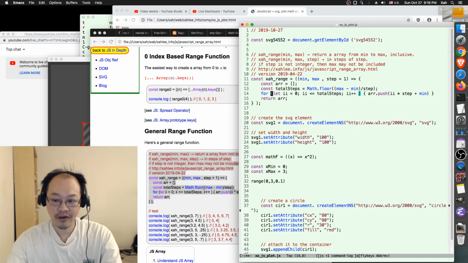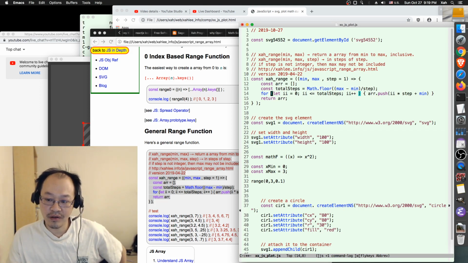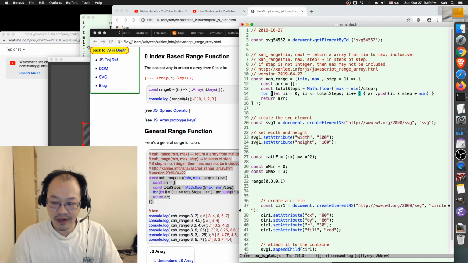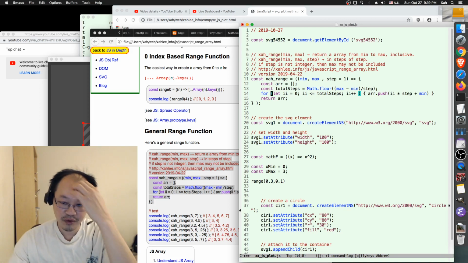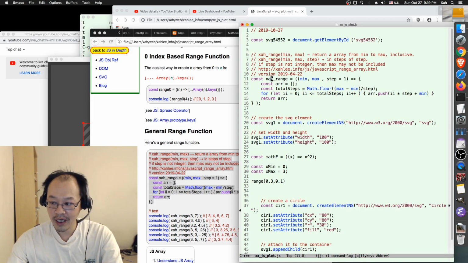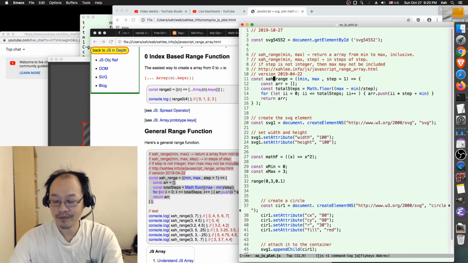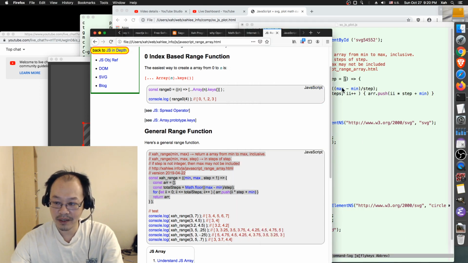Because typically for a functional programmer, or those of you who prefer functional programming, you don't like to use for loops. But in JavaScript, you have no choice. Even though JavaScript supports functional programming, the most efficient way to generate an array is simply a for loop. It's faster than forEach or other ways to do it. And remember, we need a step, because if we do not need an arbitrary step size interval, then you can simply do this